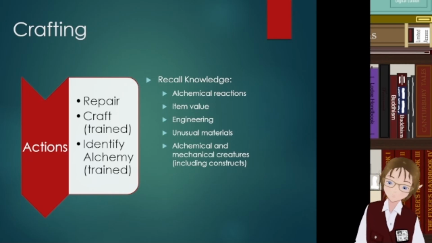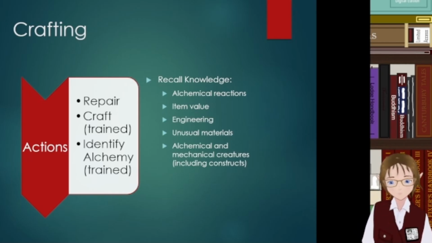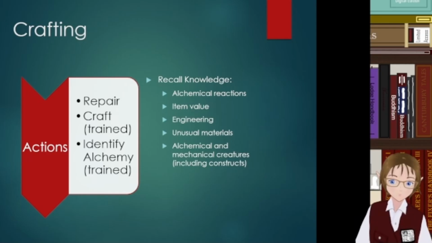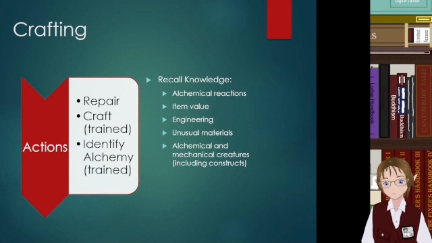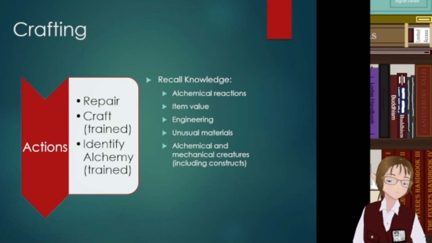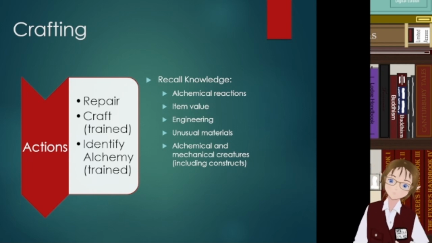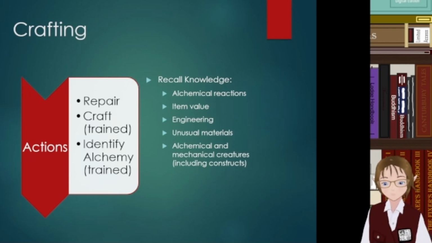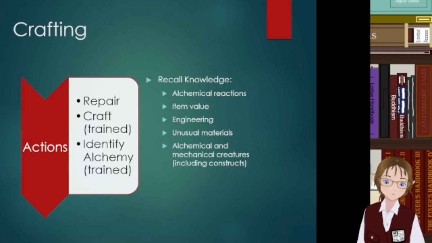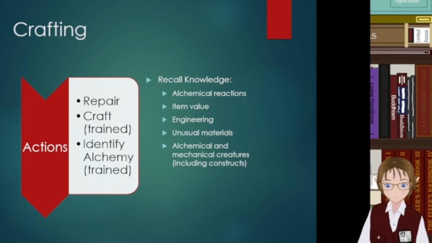Crafting is also a kind of tertiary recall knowledge skill. It's not in the core 4 or 5, depending on your campaign, and it's not really as commonly used as those 5, but it can still be useful in certain campaigns. For instance, you can recall knowledge about alchemical reactions. Maybe you can identify the bomb that's going off. You can tell what an item's value is without having to go to someone to appraise it, which can reduce the chance of your character getting tricked about the value of the loot you picked up. You can also recall knowledge about engineering, unusual materials, and